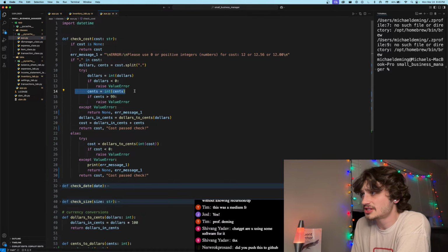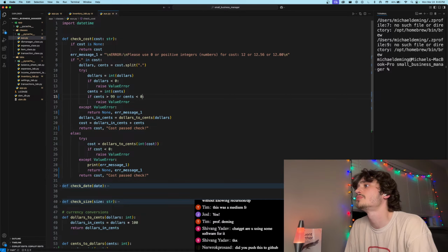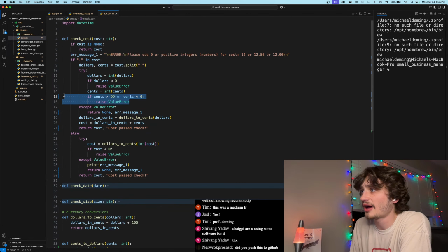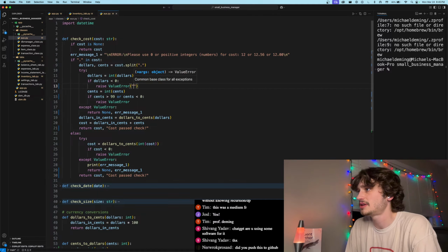We then convert the cents to an int as well, and if the cents is greater than 99 or cents less than 0, raise a value error as well. Except for if you catch this value error, we're going to return None and the error message as well. So I don't think I want to do that per se here. I'm going to say raise a value error and say